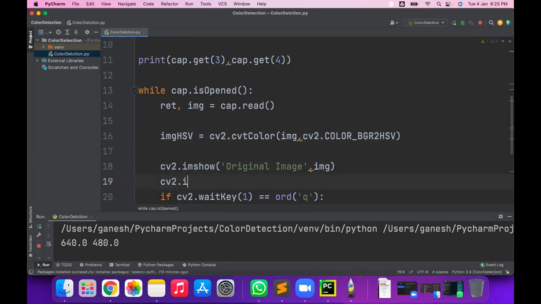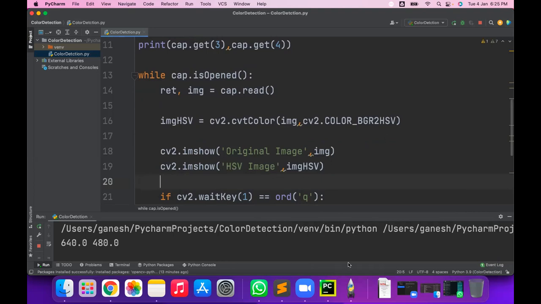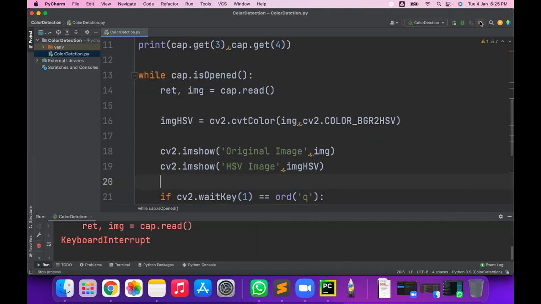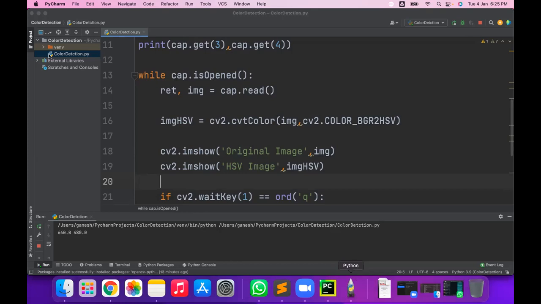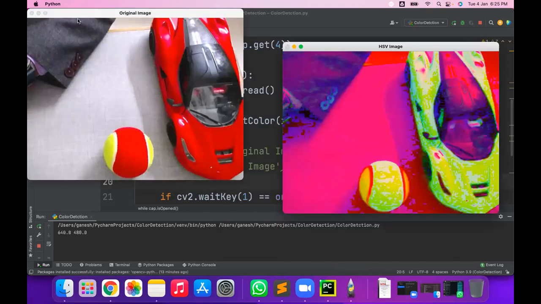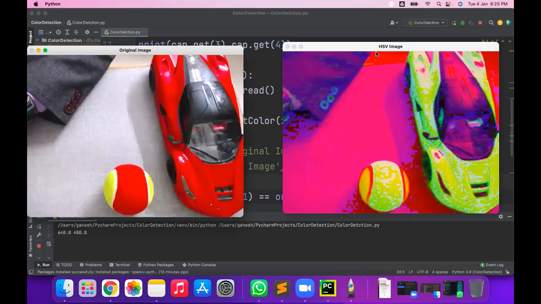So it is cv2 dot imshow, and it is the HSV image, and the variable is img HSV. Okay, so let's do this step: get the HSV, how the HSV image looks like. So I'm running this program. Use the cvtColor function. So you see here, this is the original BGR image, and this is my HSV